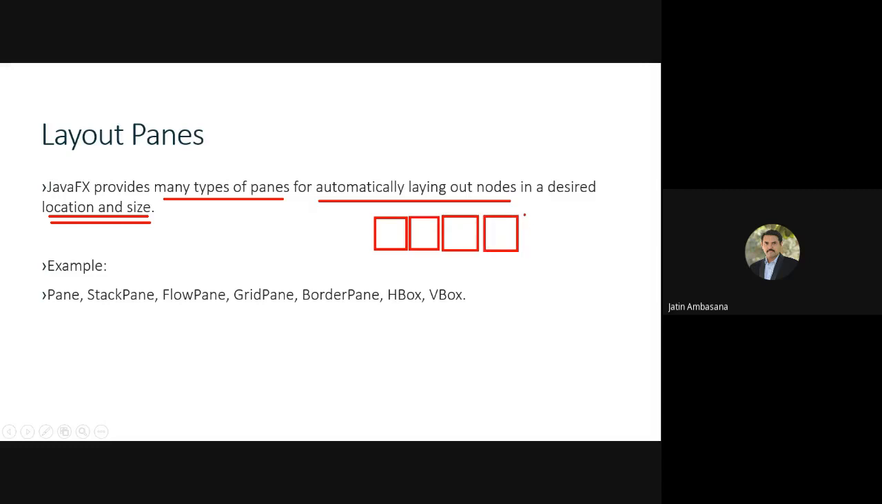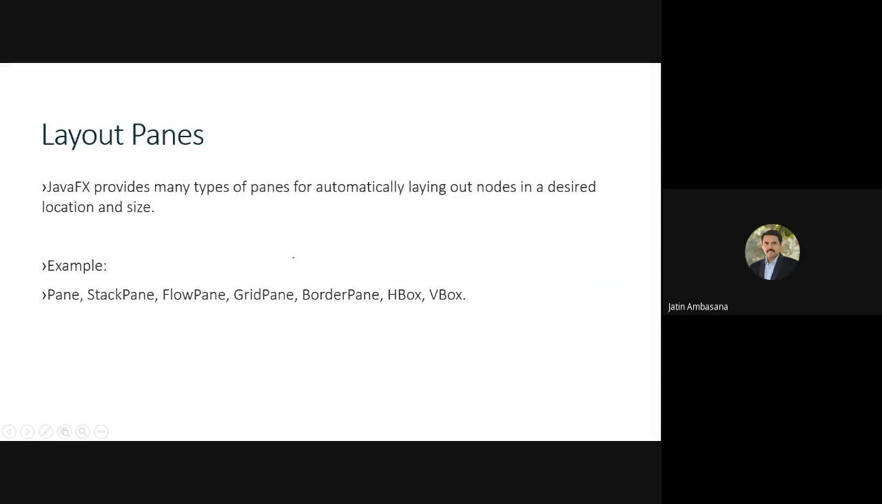then you may want a simple H box, horizontal box. Suppose you have all the elements to be added like this, then you use a simple V box. You want to stack the elements onto each other like this,